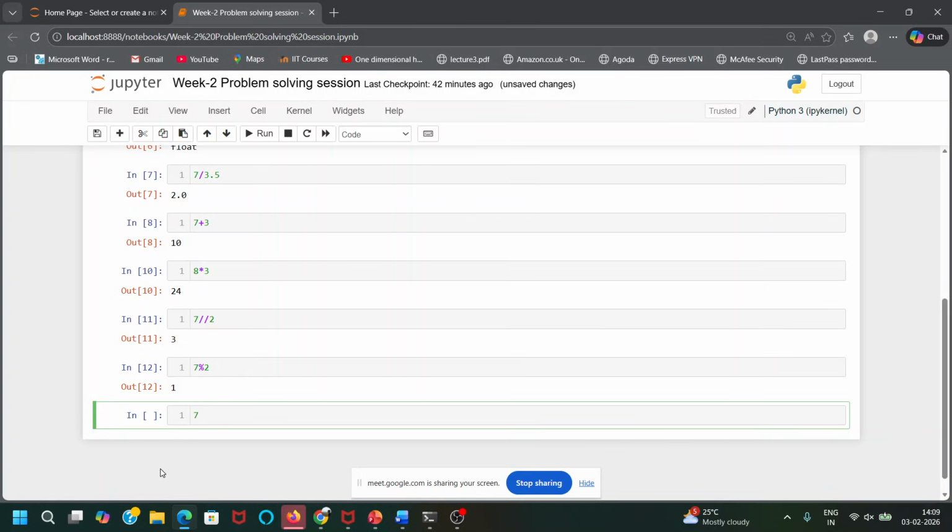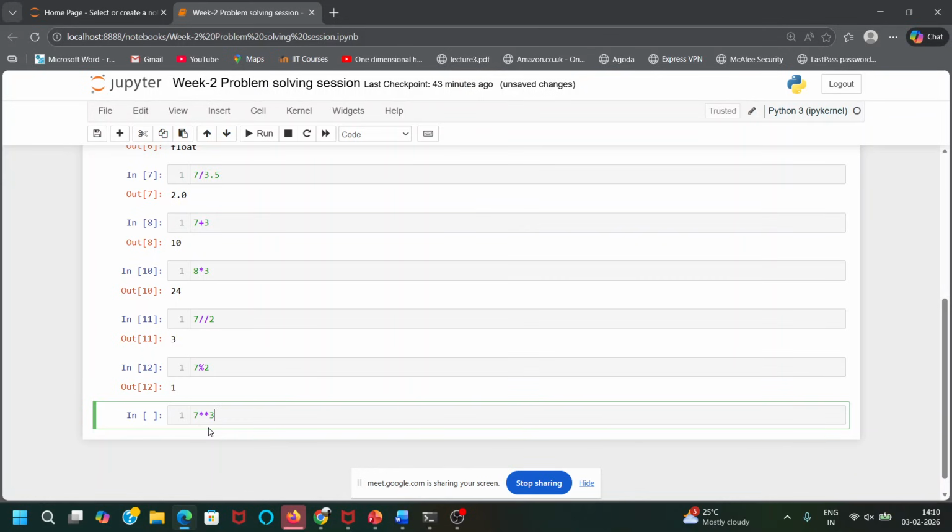We also have, let's say, if I want to raise 7 to the power 3, or some number x to the power y. Let's say I am doing 7 cube. You have to write 2 stars. This indicates that we are raising 7 to the power of 3.